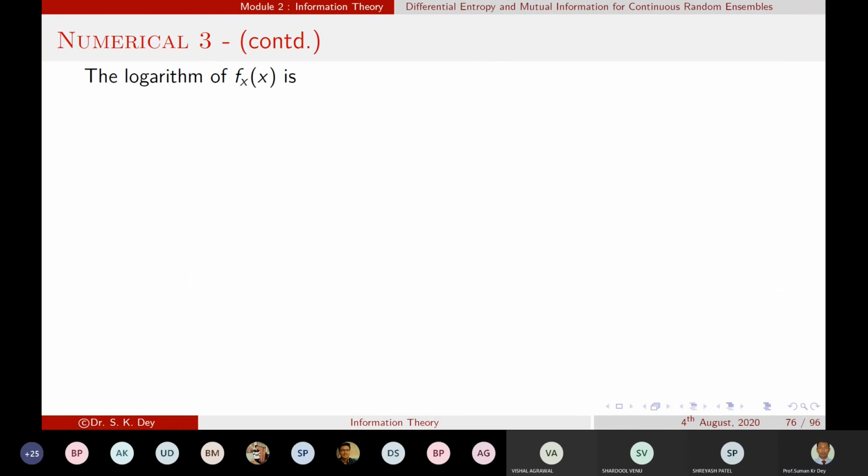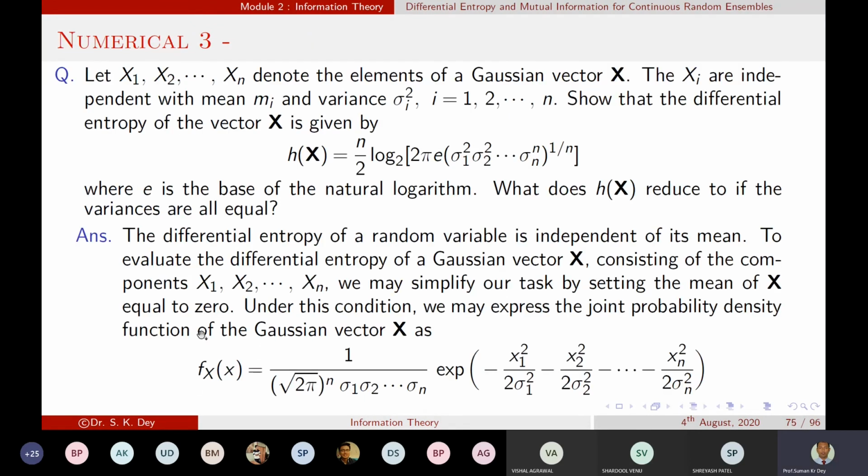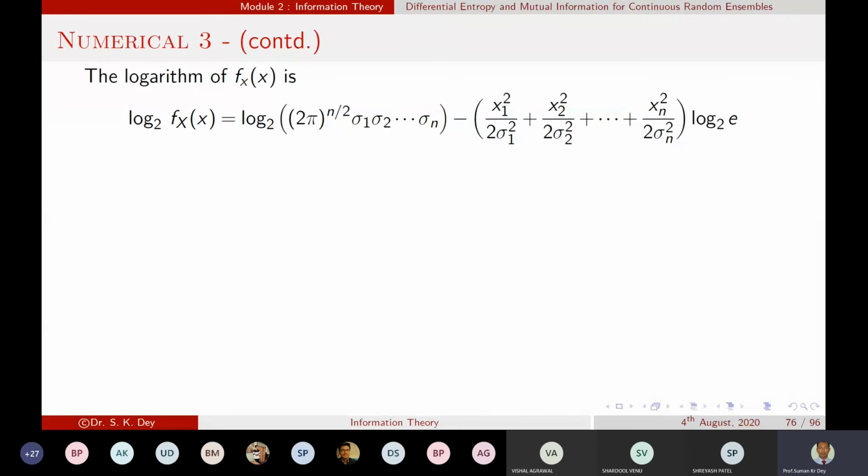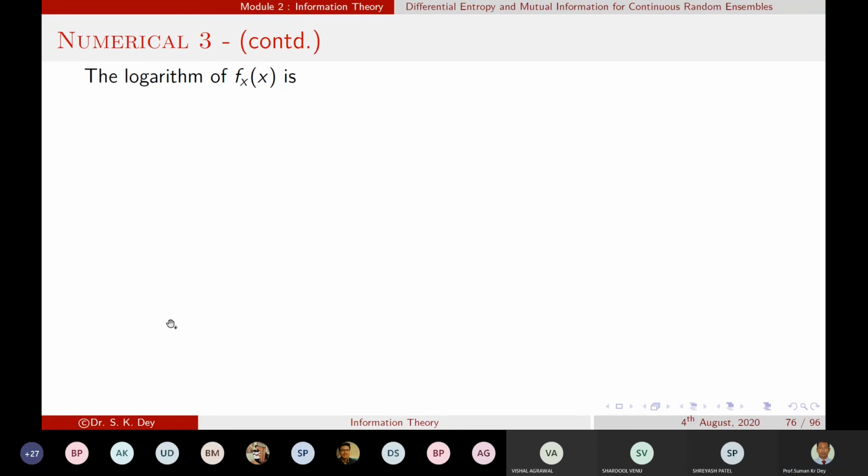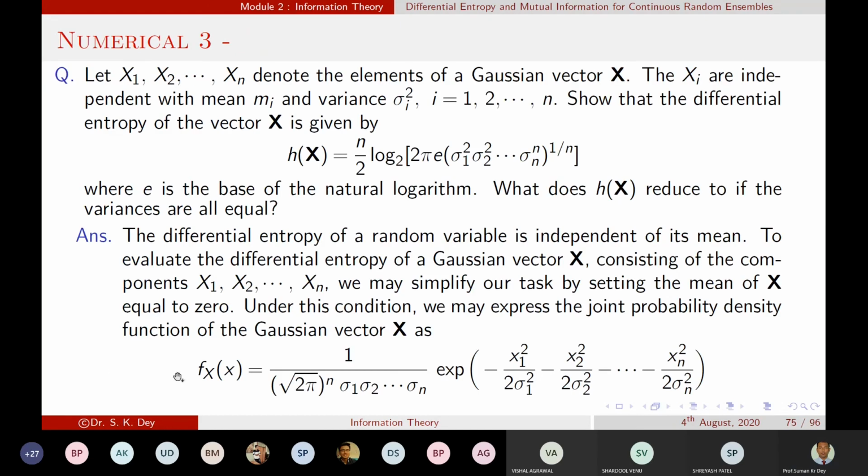So if we take the logarithm of this, what will it give? If we take the log, what will happen to this exponential? We are taking the logarithm with respect to e, and log 2, that is, log base 2. So then log 2 of f of x on the left hand side. Now if we take the logarithm, what should the right hand side term be? Note down and tell me.